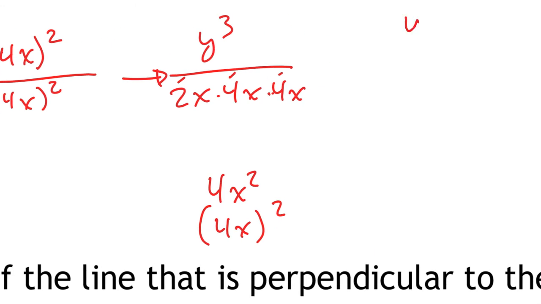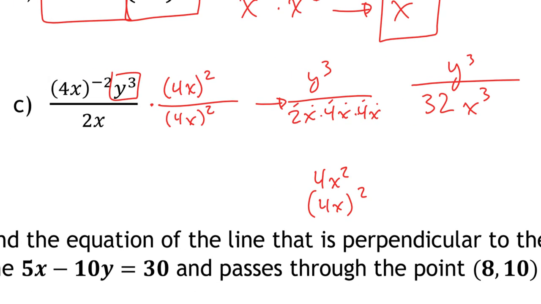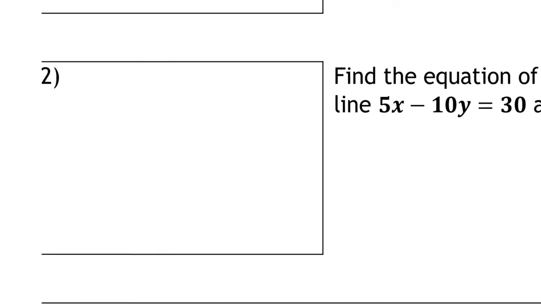So in my denominator, well, first of all, the numerator is y cubed. In my denominator, I've got 32, and then I've got x to the 1, 2, 3, so x to the 3rd power. So my answer is y cubed over 32x cubed, y to the third over 32x to the third. Okay, next,